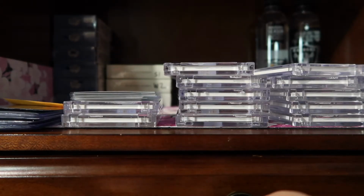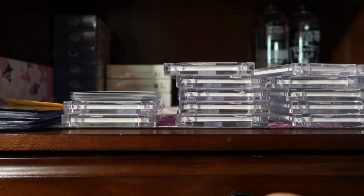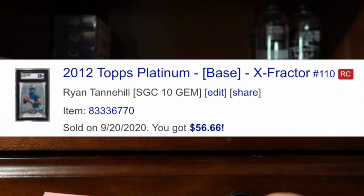The first card that I sold was a 2007 Tony Romo SP Authentic. On eBay, these cards have been selling for about $80, so I priced it, I think, around $75. So after fees, my profit was $65.64. The next card that I sold was a 2012 Topps Platinum X-Fractor. This was an SGC 10 of Ryan Tannehill, and that sold after his first week of the NFL, and my profit was